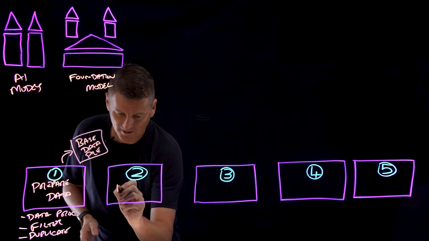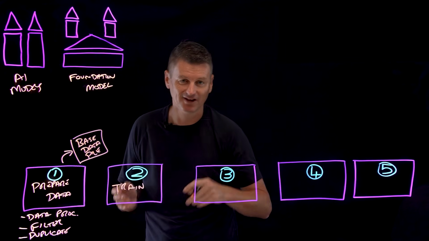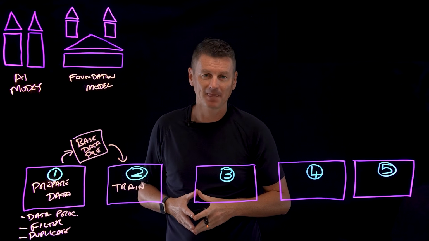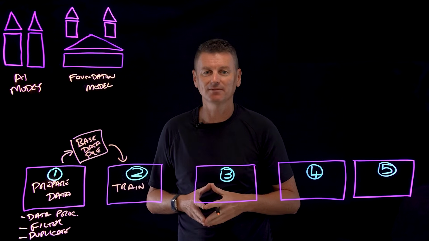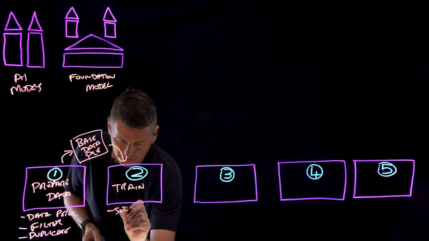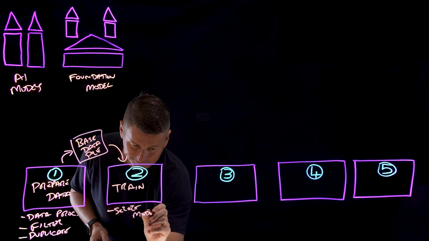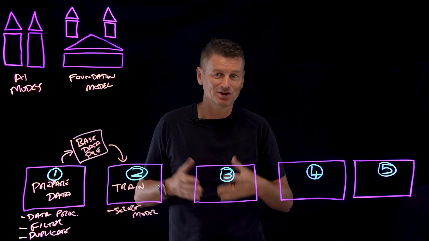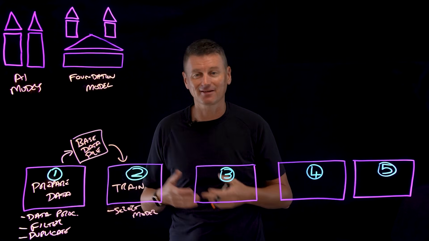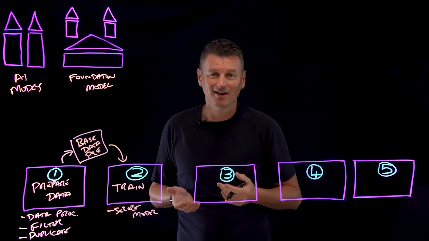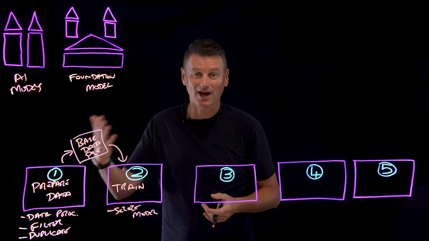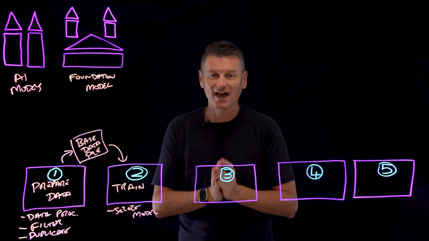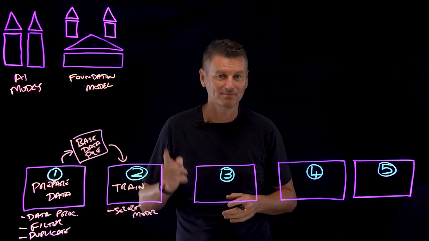Now, stage 2 is to train the model. And we're going to train the model on those base data piles. So we start this stage by picking the foundation model that we want to use. So we will select our model. Now, there are many different types of foundation models. There are generative foundation models, encoder-only models, lightweight models, high-parameter models. Are you looking to build an AI model to use as a chatbot or as a classifier? So pick the foundation model that matches your use case, then match the data pile with that model.